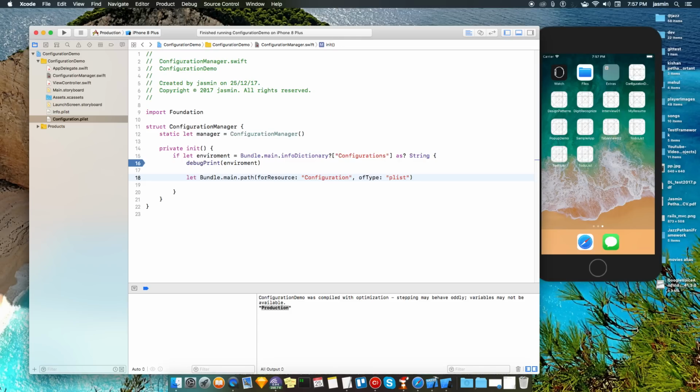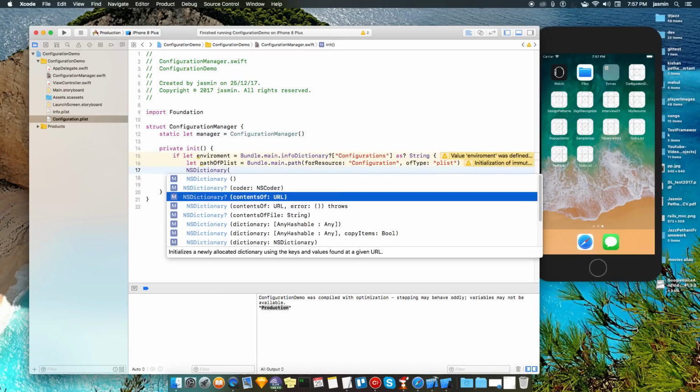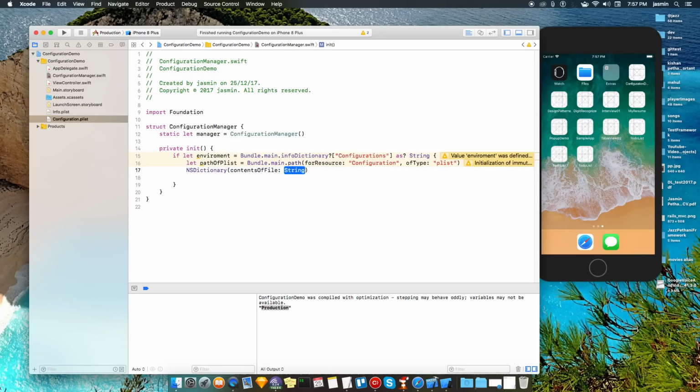So here you get the path of the plist. We just need to access this configuration. We will use NSDictionary with the contents of the file at the path.plist.